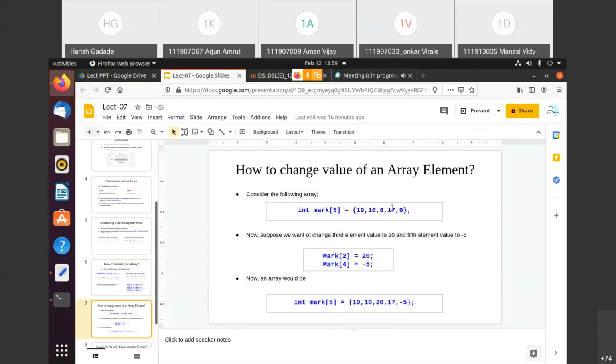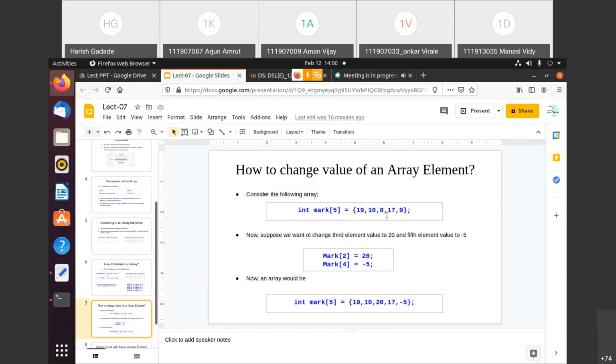Similar to this one, here we have 5 elements. The location of 19 is 0, then 1, then 2, then 3, and then 4. So which value you want to update or modify, you can decide. Suppose here I want to modify the third value.